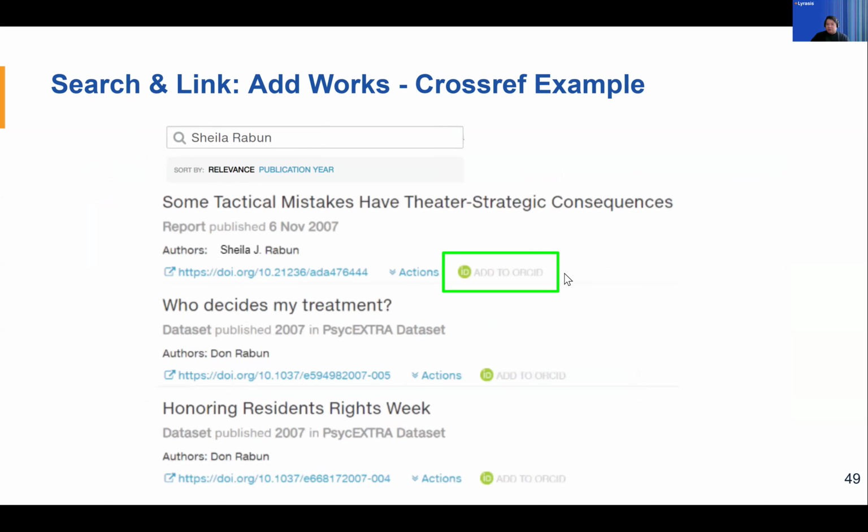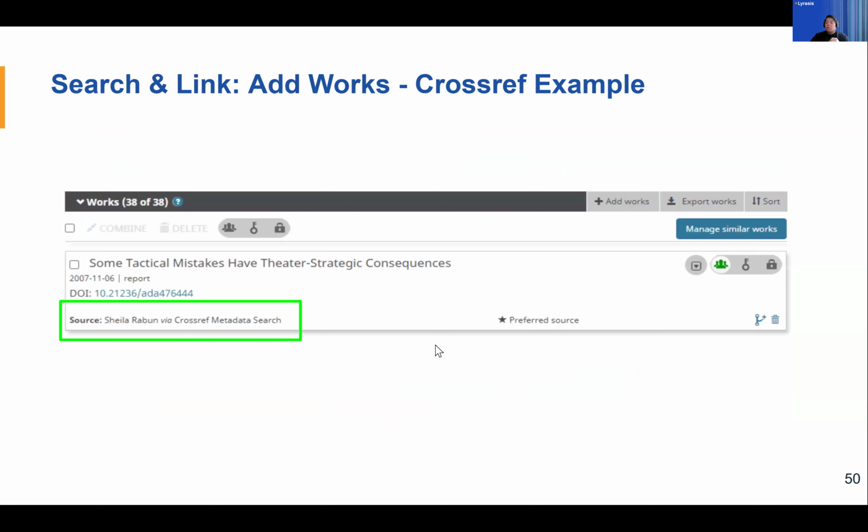And the same thing here as well. And now, once that is added to your record, the source of the data will say your name via Crossref metadata search. So that's a way for you to push information to your ORCID record.